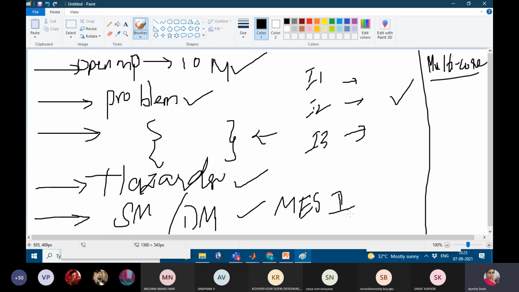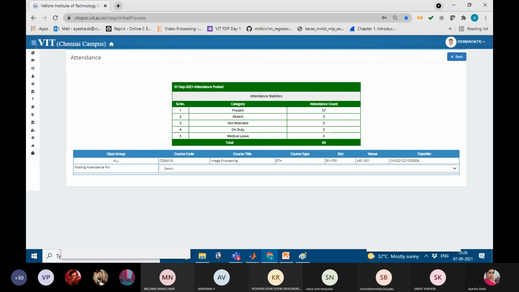In multi-core we discussed the dual core, and hexacore I have discussed, I'm not sure. And the architecture for CC-NUMA, how it will be. Because the syllabus is very less, we'll go through all those things. That's it for the discussion.